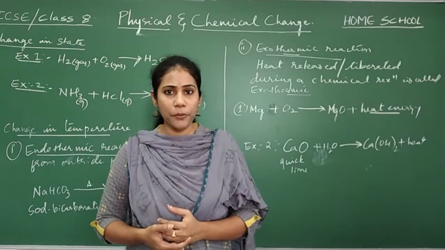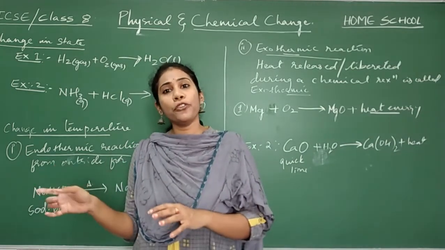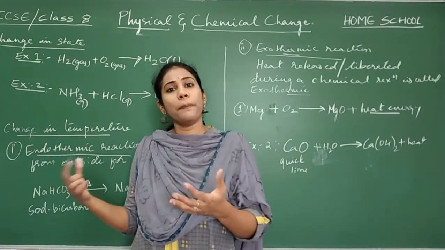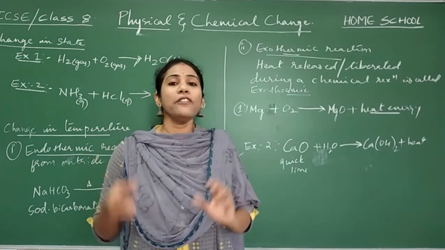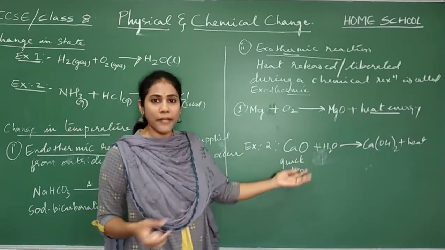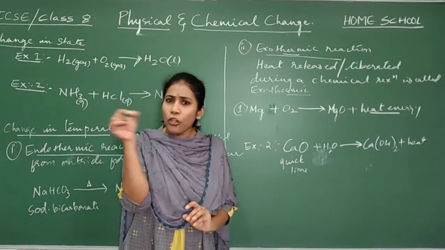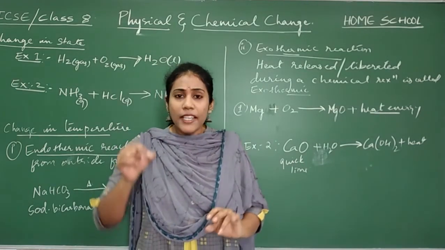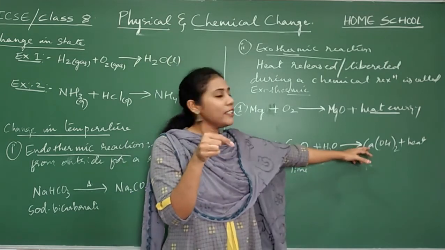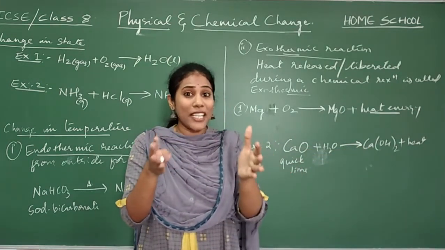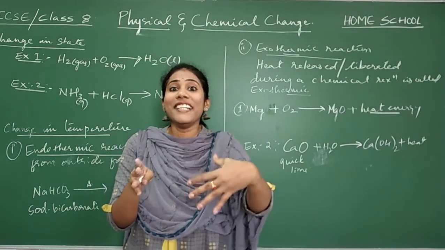whitewashing of walls. You must have observed this. When you construct a house, the final step is to paint it. Before you paint it, you first whitewash it. Yes or no? So how do you make that whitewashing liquid? You get some white cement from the market, which is nothing but quicklime. To that you slowly add water. Whenever you slowly add water to that quicklime, you get that white colored liquid. Along with that, if you touch that vessel, you will feel hot. You will feel that heat getting released.